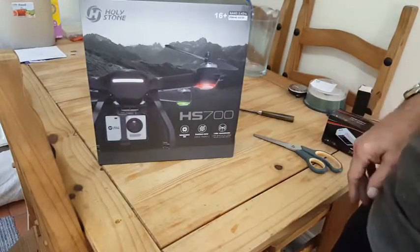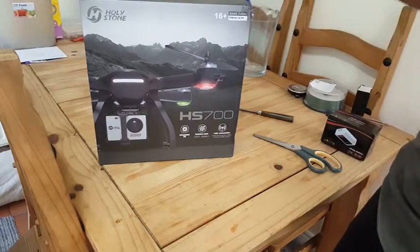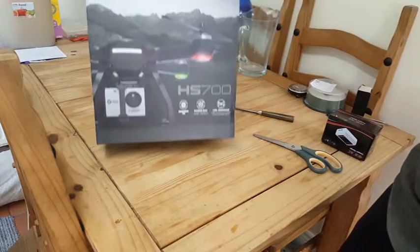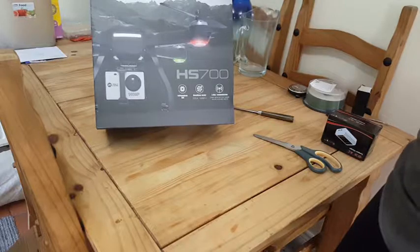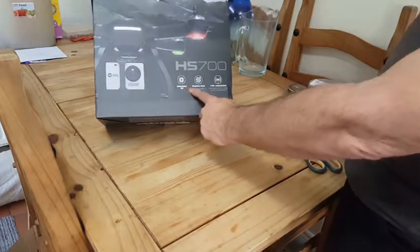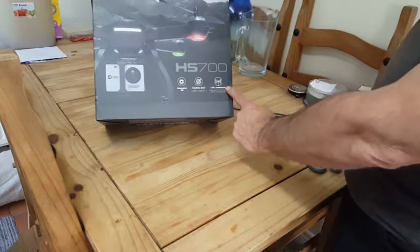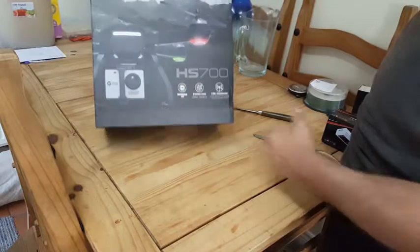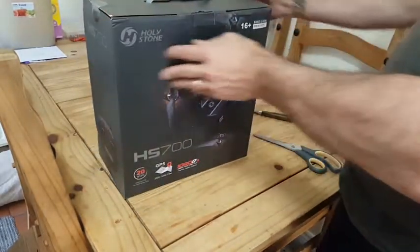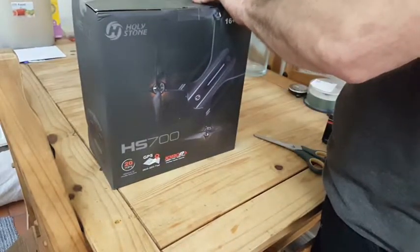Advertises 5 gigs, but says up here 2.4 gigs. So, whether that's just an old box with a new item and they didn't upgrade the box, I don't know, but we'll have a look at that. So we've got independent ESCs, speed controls, brushless motors, and like I say, 2.4 gigs it says on here, 5 gigs in the ad. Let's wait and see. It's still taped up,